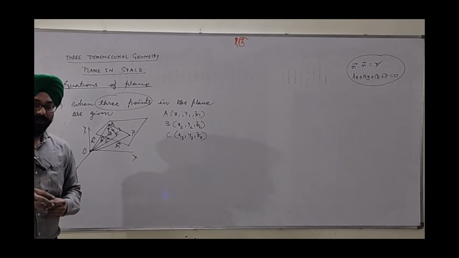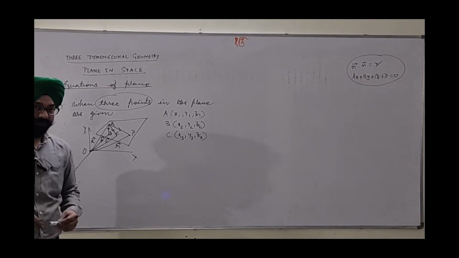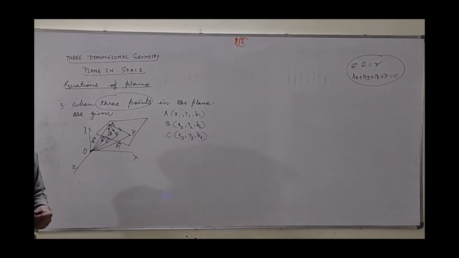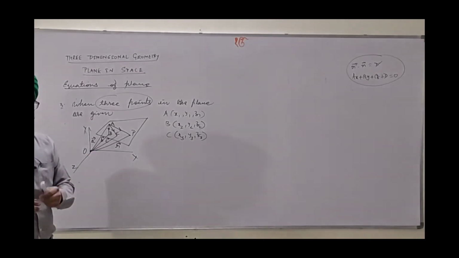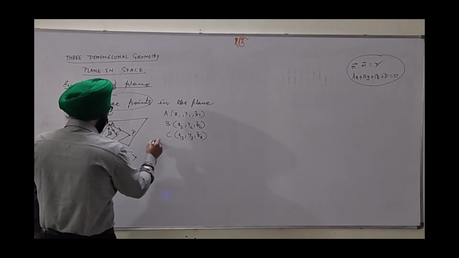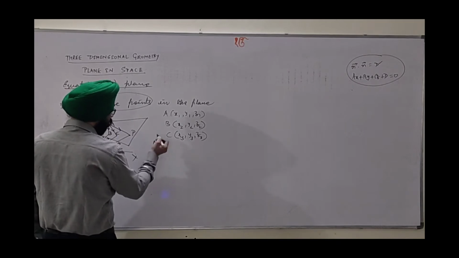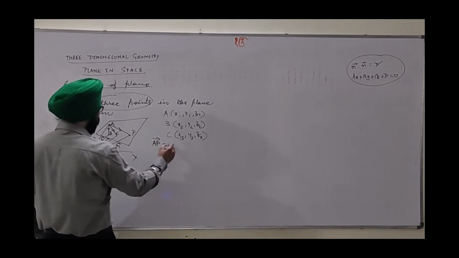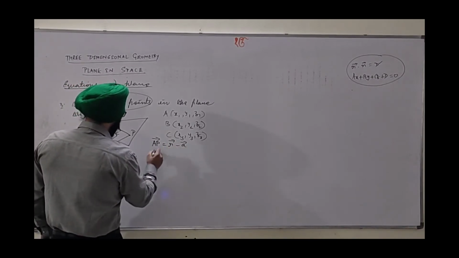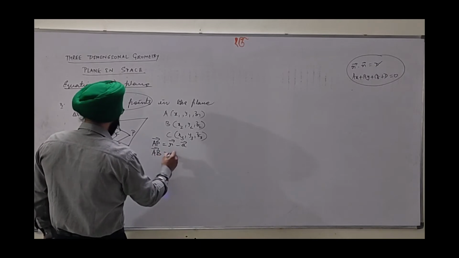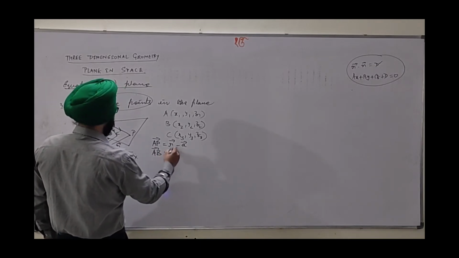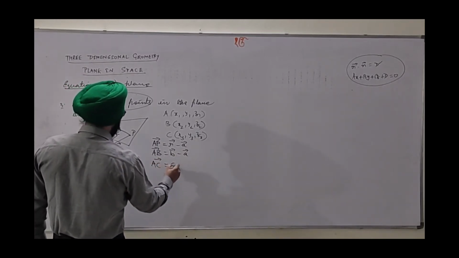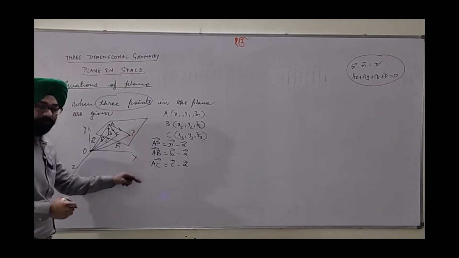If you have seen the concept of scalar triple product, I hope you are reminded how I am going to use it here. 3 vectors in the same plane means coplanarity of vectors. Whenever 3 vectors are coplanar, first of all, AP will be written in terms of position vectors as R minus A. AB is written as B minus A. AC vector will be written as C minus A. These 3 vectors we have obtained.